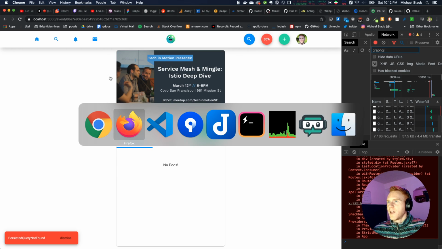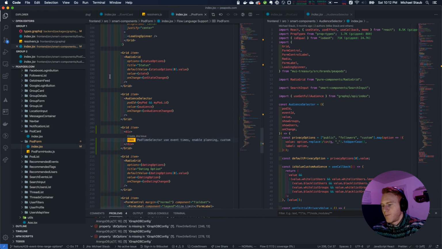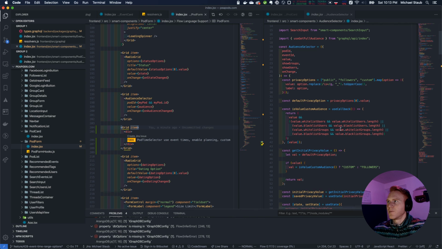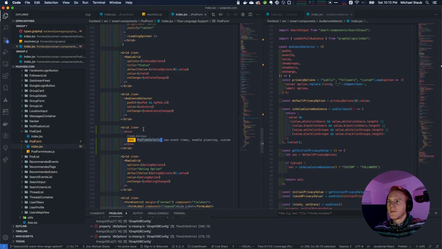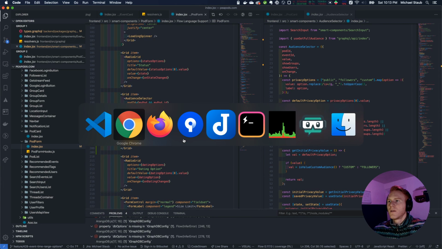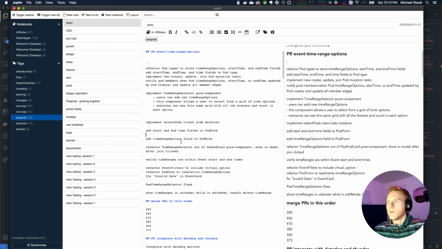Okay, thank you guys for bearing with me on that painful debugging session, but now you know that's how it actually is to write code. Luckily though, tomorrow we have no dependencies, so we can actually implement this pure component pretty quickly. The time selector for the form. And then we can move on to